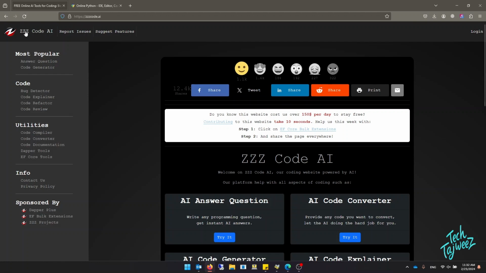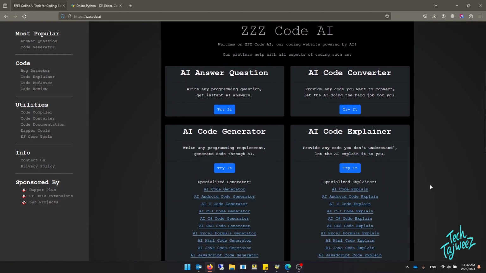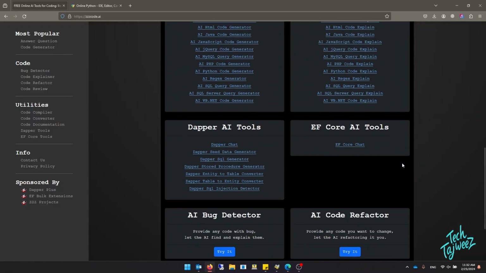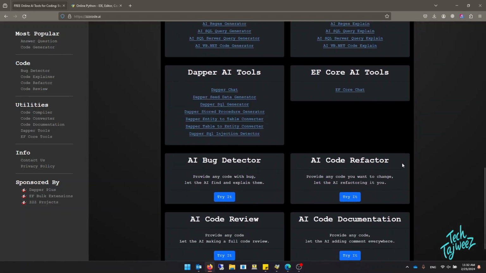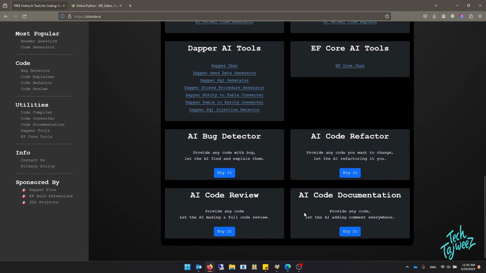Go to ZZCode.ai. Now scroll down and go to AI code generator. You can use code converter, answer questions, code generator, AI code explorer. There are different tools. It's just like a heaven for a programmer